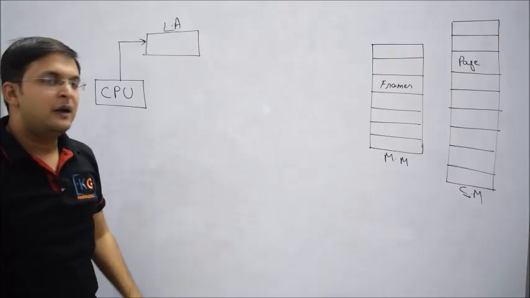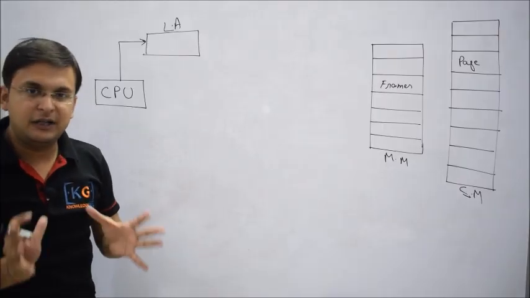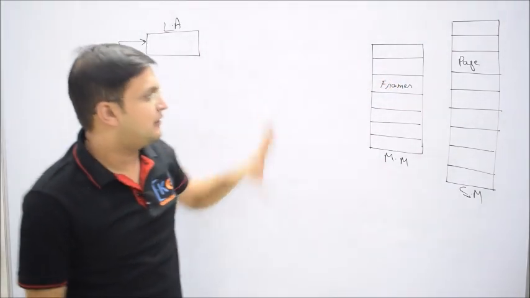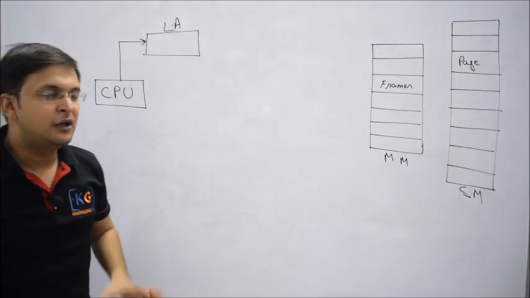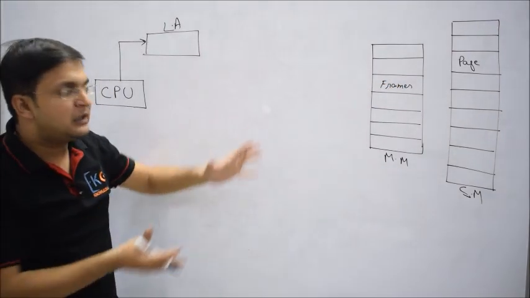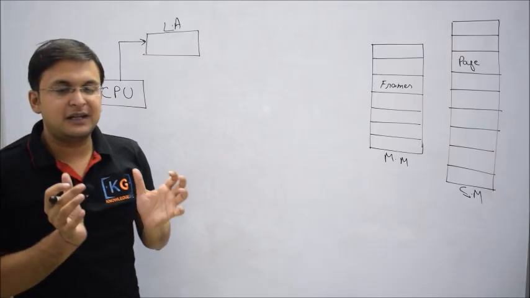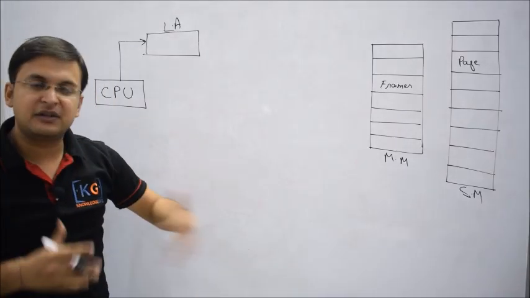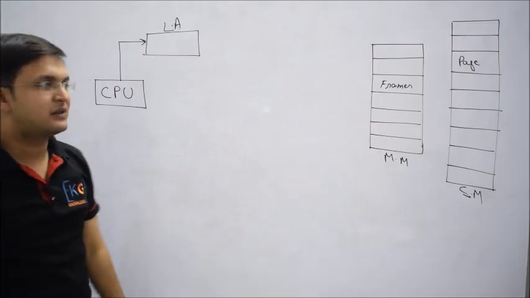Secondary memory. But because of memory hierarchy and locality of reference, we have placed a smaller memory in front of secondary memory, that is what? Main memory, so that a smaller memory can be accessed in a lesser time, so the average instruction access or average running time will be less, so the system will be faster.